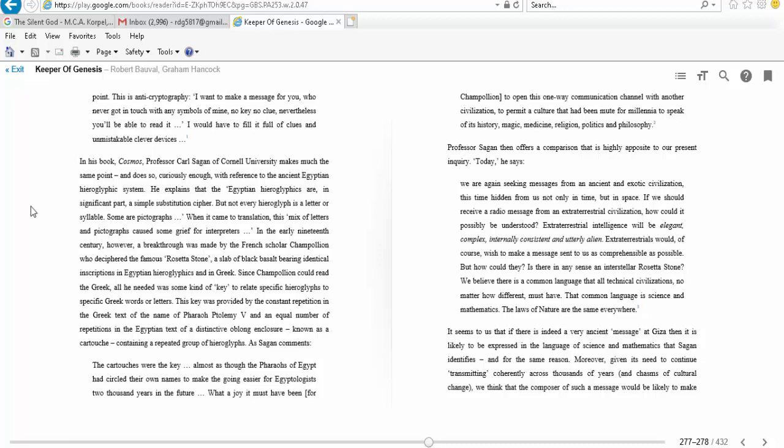In the early 19th century, however, a breakthrough was made by French scholar Champollion, who deciphered the famous Rosetta Stone, a slab of black basalt bearing identical inscriptions in Egyptian hieroglyphs and in Greek. Since Champollion could read the Greek, all he needed was some kind of key to relate specific hieroglyphs to specific Greek words or letters. This key was provided by the constant repetition in the Greek text of the name of Pharaoh Ptolemy V,